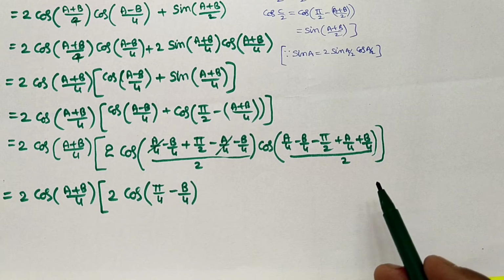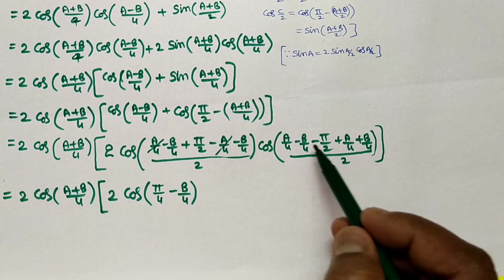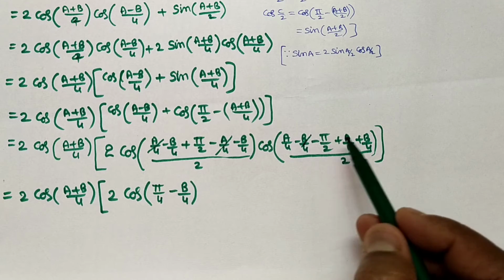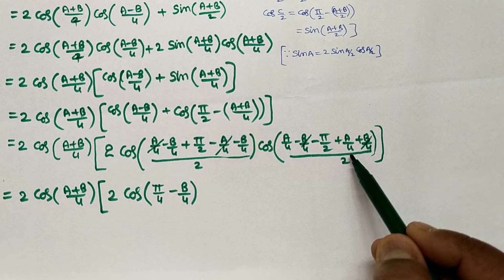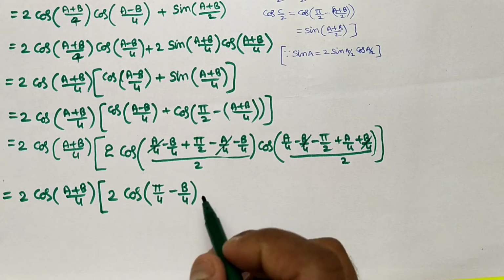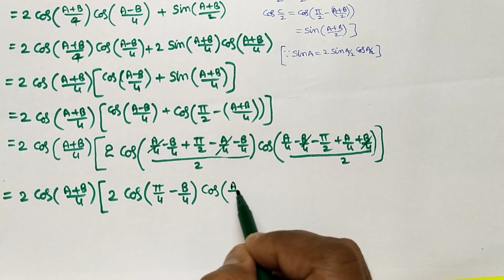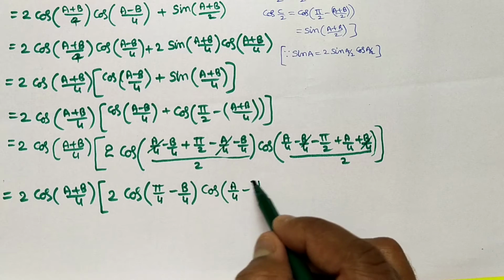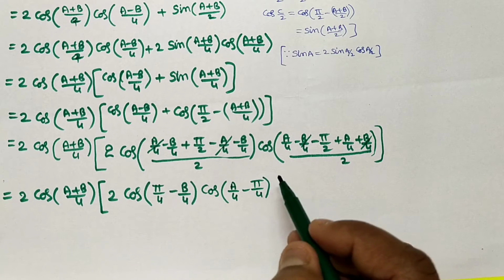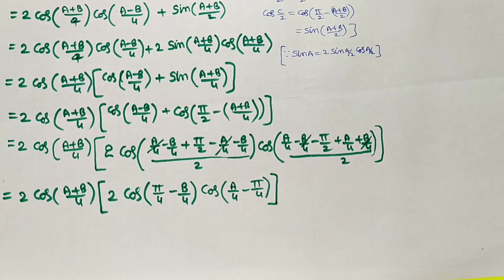Come to the second term. See here minus b by 4 plus b by 4. A by 4 plus a by 4, 2a by 4 by 2. So a by 2. Cos of a by 4 minus pi by 2 by 2, pi by 4. So here we have